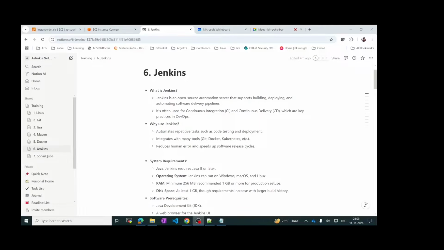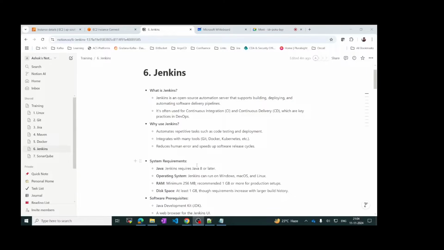Okay, let's see what is Jenkins. So Jenkins is an open source automation tool. Normally, in case you have to build an end-to-end CI/CD pipeline, we can integrate different tools. For example, we can integrate Git, Docker, Kubernetes, Ansible, whatever DevOps tool we have. We can integrate them in such a way that it will act as a continuous integration and continuous deployment